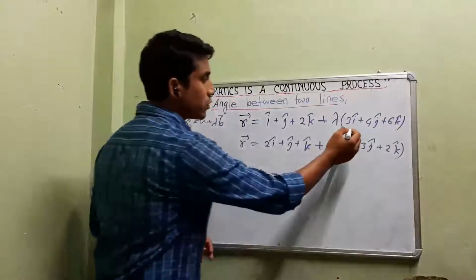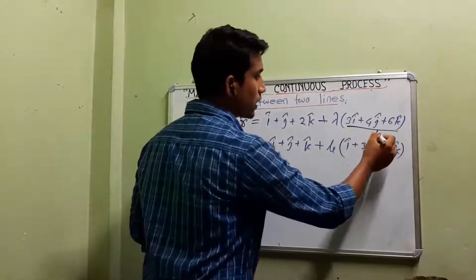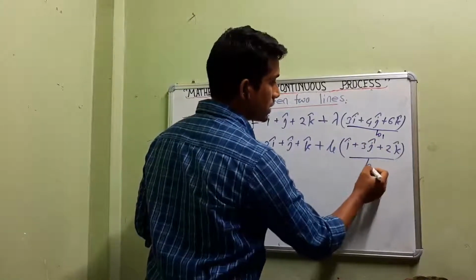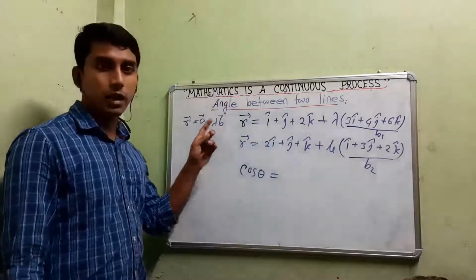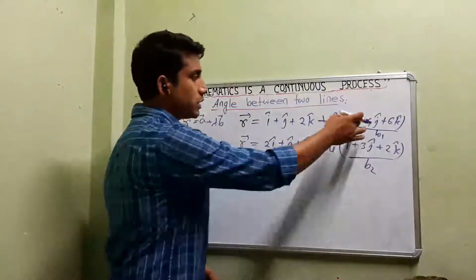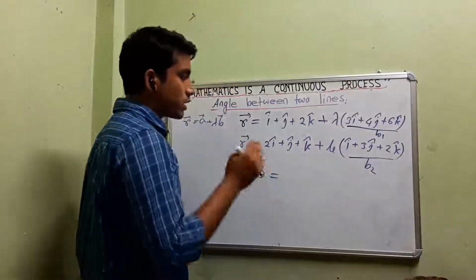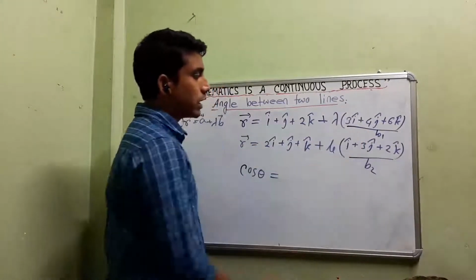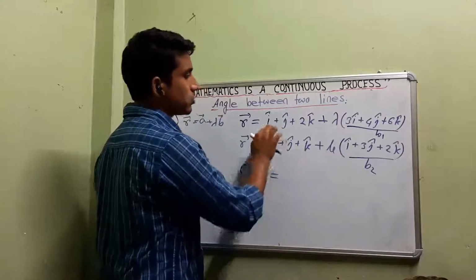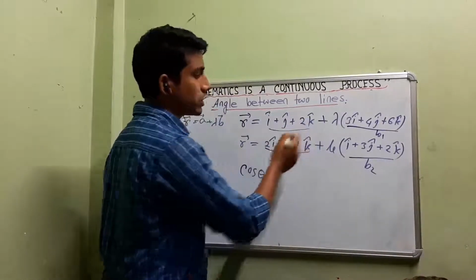As two lines are there, we call one b1 and the other b2. The constant vector multiplied with lambda is the b vector. So this one is the b1 vector and this is the b2 vector. In our calculation we will take only b1 and b2. The first vectors, a1 and a2, are not required in finding the